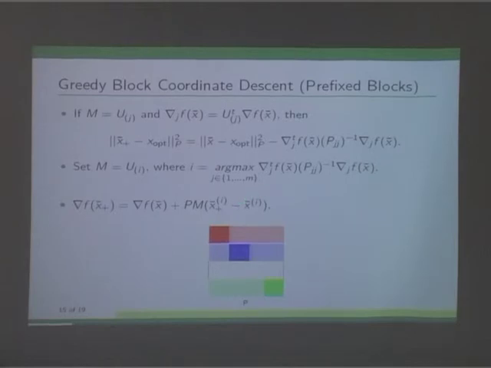Is this okay? Because of this reason, what I am trying to claim is that computing the new gradient as a function of this is only effort order nd. Because of this, we can actually use such a rule, a greedy block coordinate descent. But the number of blocks is going to be order n.